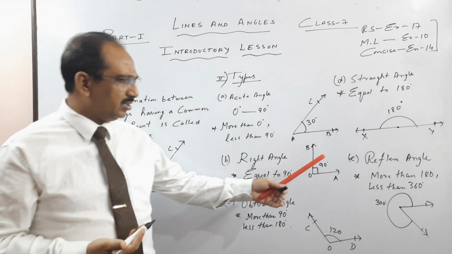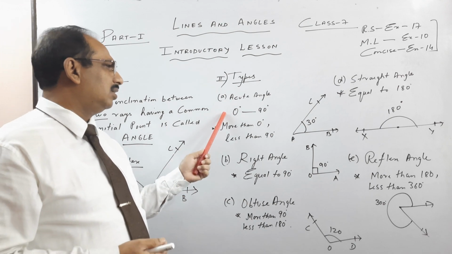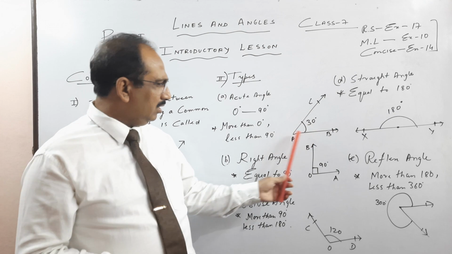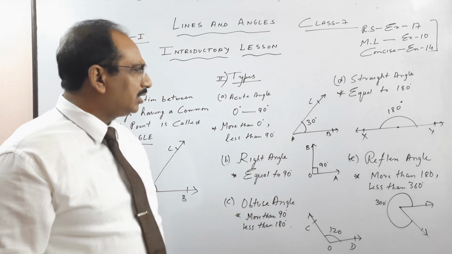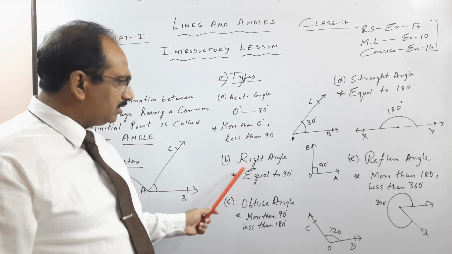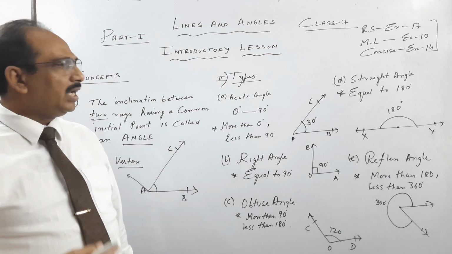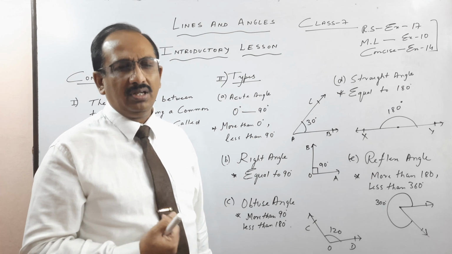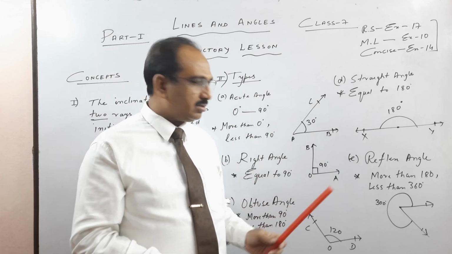These are not just the 5 that we are going to do. So the first one, children, is the acute angle. An acute angle is an angle which is more than 0 degree but less than 90 degree. Okay, so 30 degree, it should be more than 0 and less than 90. If an angle is equal to 90, we call it a right angle. Okay, and a triangle, we will see in the next chapter, when a triangle has one right angle, it is called a right angled triangle.